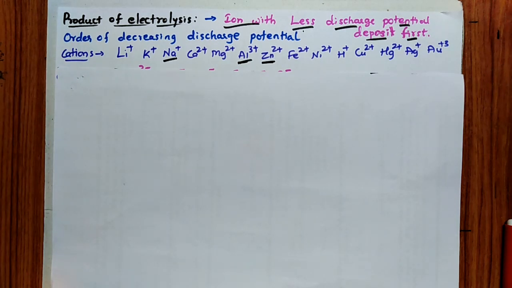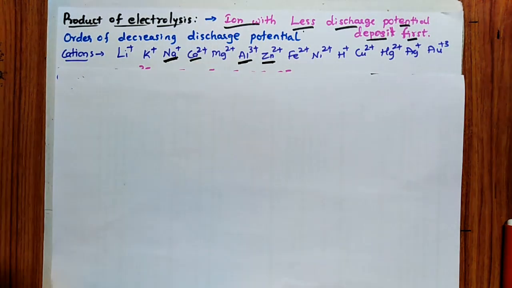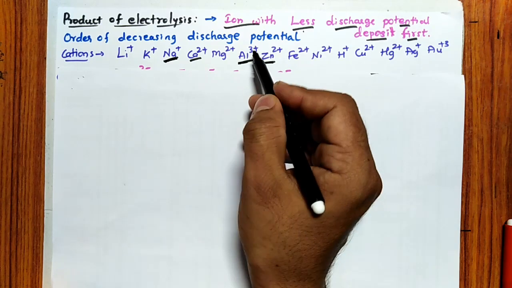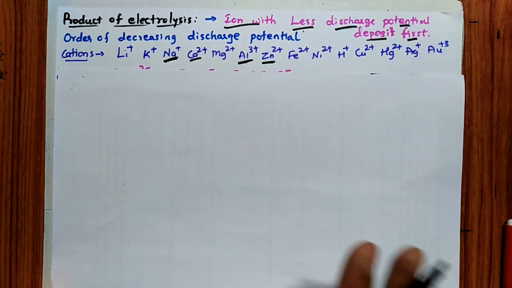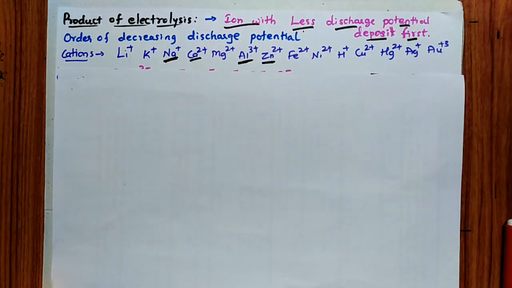Remember, aluminum will go and deposit. Once you remember the Hall Héroult process, where we have added cryolite or fluorspar, CaF2 and Na3AlF6, right? In that CaF2, Ca2+ and Na3AlF6, Na+, both require more reduction potential. Hence remember aluminum deposition, no problem at all. But if you had considered ZnSO4, then zinc is going to deposit.